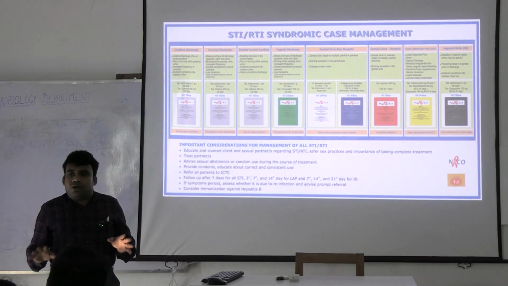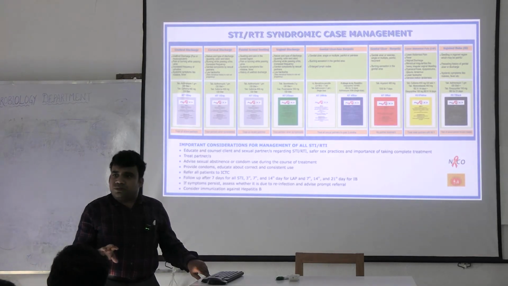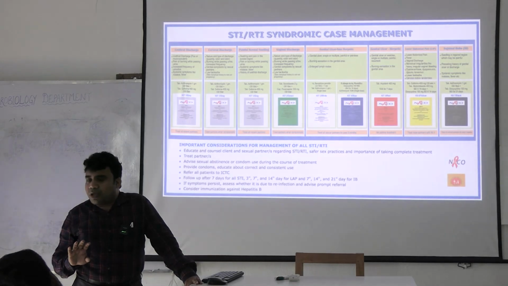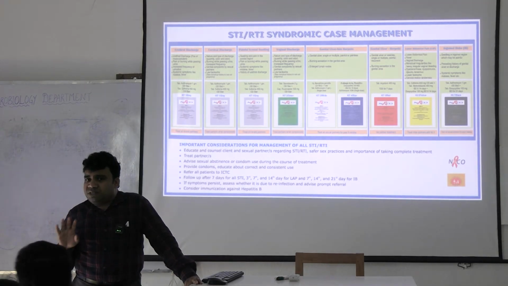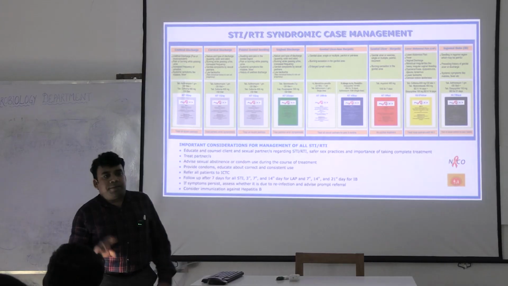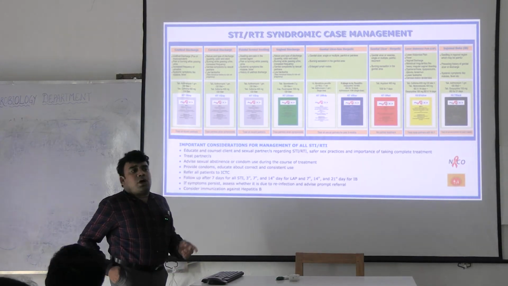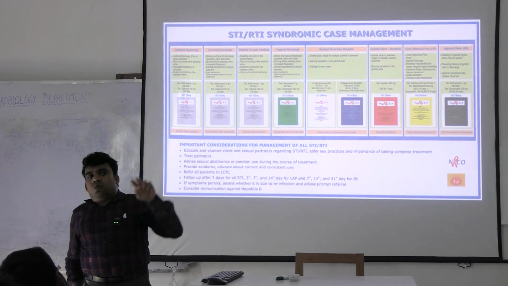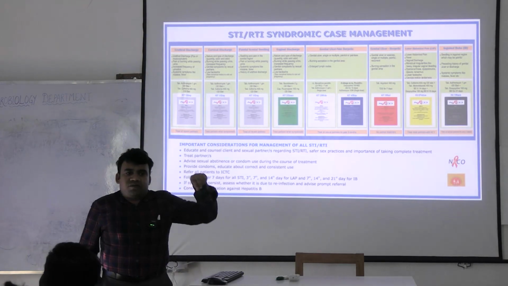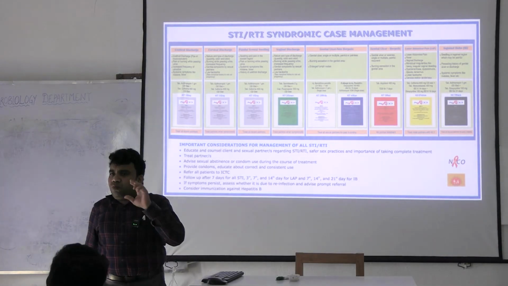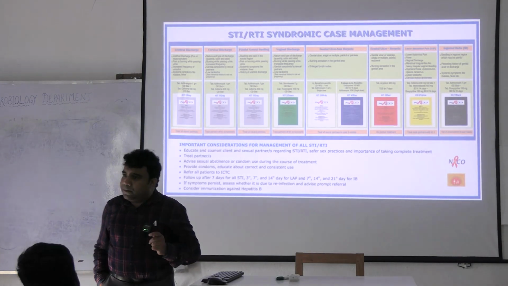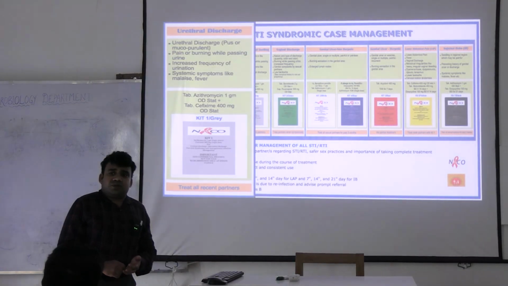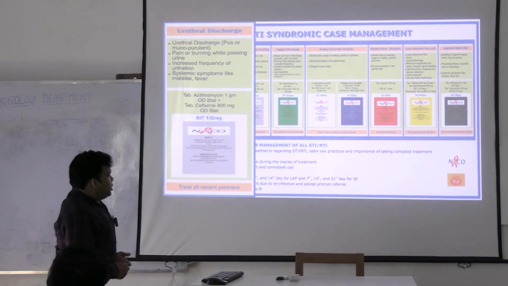Now, till now, I have told you about the various syndromes, how to approach and how to treat. There are many types of drugs. As far as the national program is concerned, we have specific packets that have been given also color coding and number coding, so that whenever you put any patient in any of these syndromes, you can give them one packet for the treatment. Okay, like for example, if the patient comes with urethral discharge, we need to give this packet.